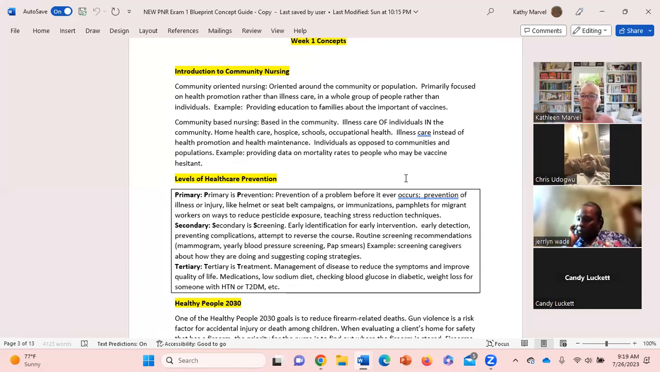Okay. Levels of prevention. We've gone through this in class. You're starting to hear this more, right? You have to understand that primary P is prevention, secondary S is screening, tertiary T is treatment. Okay. Primary, you're trying to prevent something. This is an excellent summary box, by the way. You're trying to prevent something before it ever occurs. Secondary, you're screening, early intervention, early identification, early treatment, right? You're trying to reverse the course,